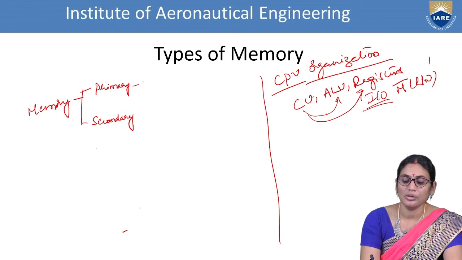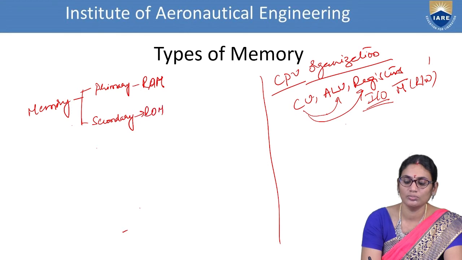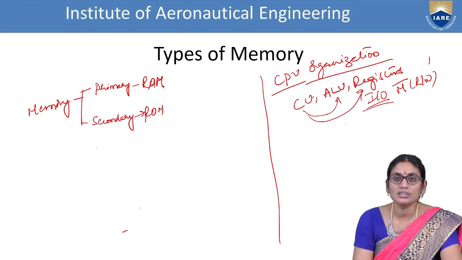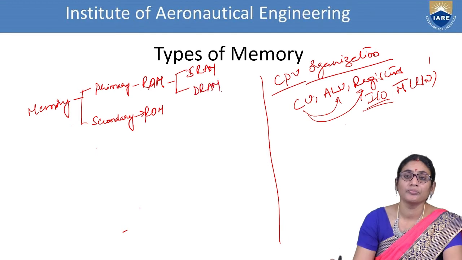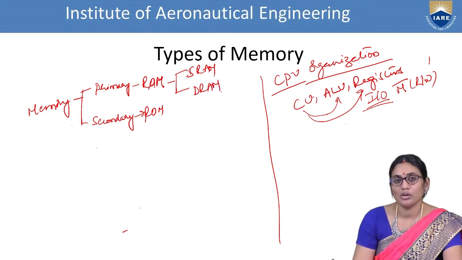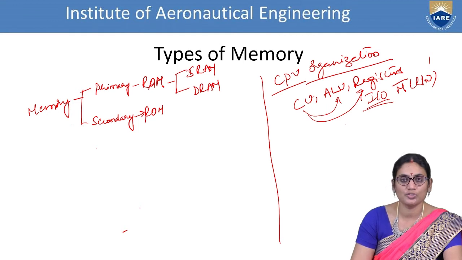Now, in primary memory, we also have RAM, and this can be organized as ROM. RAM is again classified into different formats. One is static RAM, the second one is dynamic RAM. Whether it is static or dynamic RAM, it can hold only a smaller amount of information for a short time. It cannot be used for the long run. This is about the RAM.